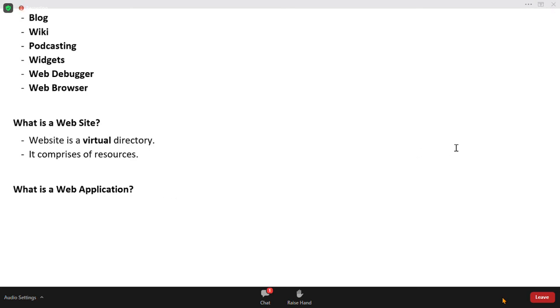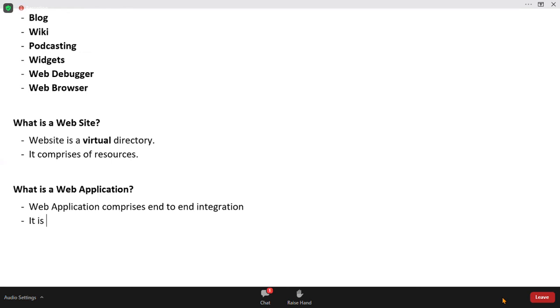So generally you need to understand what a web application is. Actually, the difference between a web application and a website is that a web application comprises end-to-end integration.